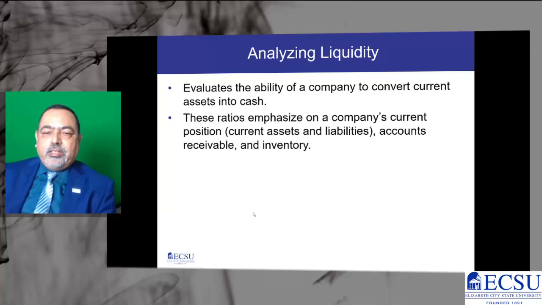I already explained the reason that we do that: we want to find out how healthy the company is, how much current asset it has, and how fast it can liquidate if there is a need to pay off the current liabilities. So that is